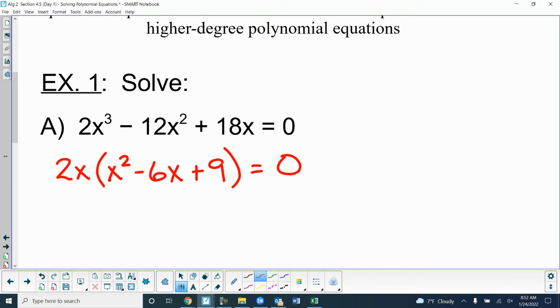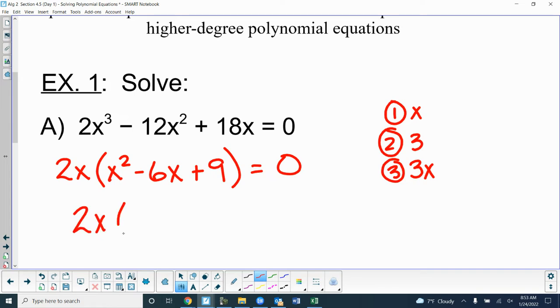Now, this is 3 terms, a trinomial, so it's not a difference of squares or sum or difference of cubes. Is the first and the third term positive perfect squares? Yeah, they are, right? So I do that 1, 2, 3 test. Number 1 is the square root of the first term, which is x. Number 2 is the square root of the 9, which is 3. Number 3, I multiply those two answers. Is that answer half of the middle? It is. So it's one of those special trinomials that we can factor